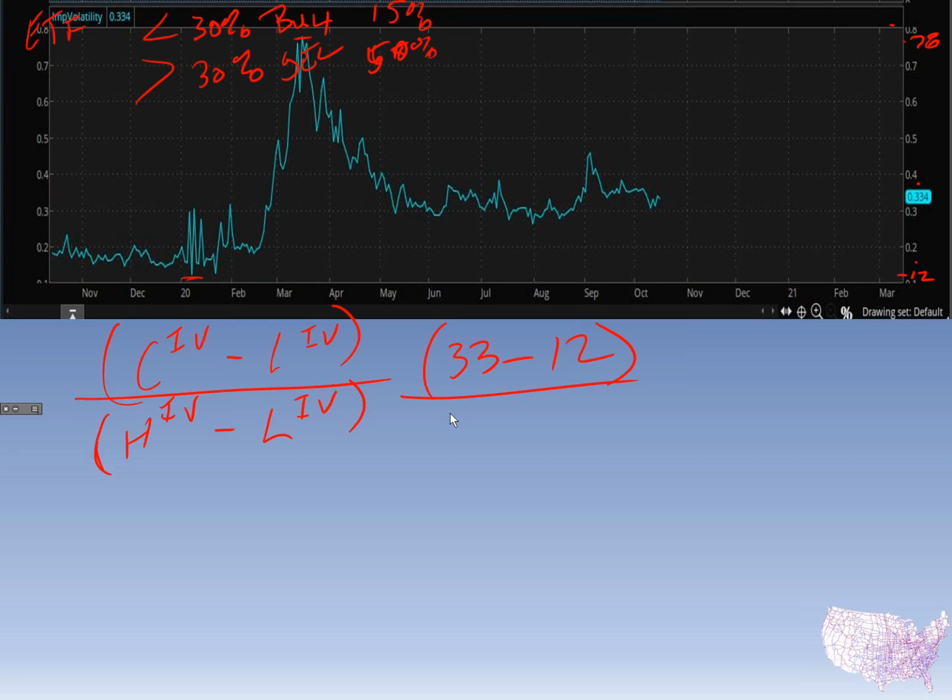Right? Okay, and then so we had 78 minus the low, which is 12. So we've got basically, what is that, 21 divided by 66, right? 21 divided by 66, is that right? Let's make it do so, about 31.8%. Now that's what Toss is going to throw over there.